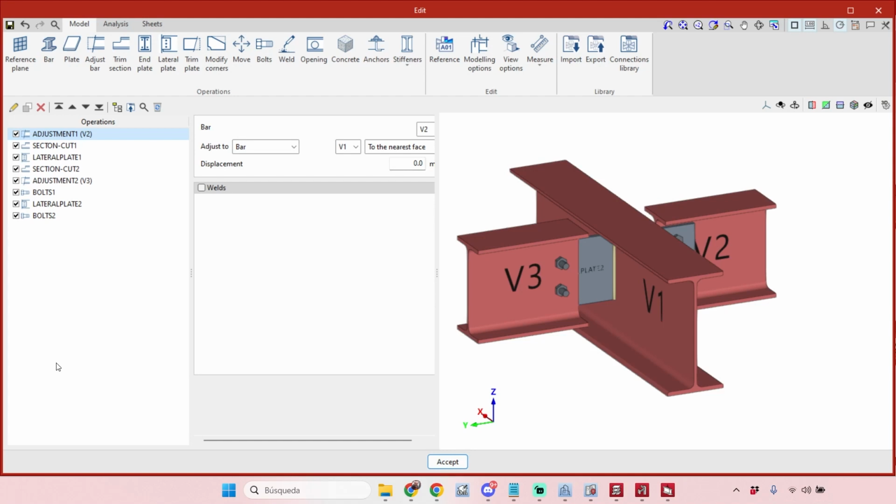It's important to maintain the sequence of operations in some cases, because in some situations one operation needs information from a previous operation, so we can have a logic sequence to follow, and then the way that we name these operations and